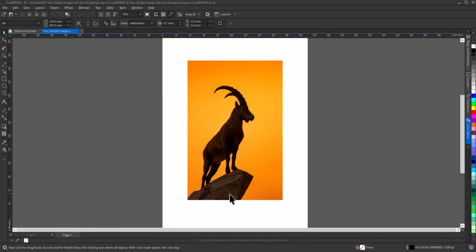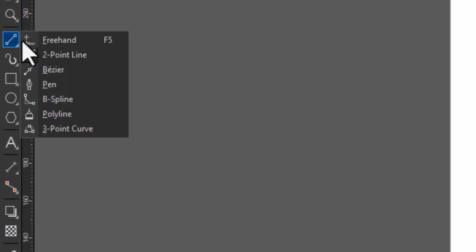Welcome to this video. Today, we're going to take an AI-generated image made with ChatGPT and transform it into a professional logo. We will use two line drawing tools, the two-point line and the freehand line tool. During the explanation, you will see why use both tools instead of just one, and what the difference is between them